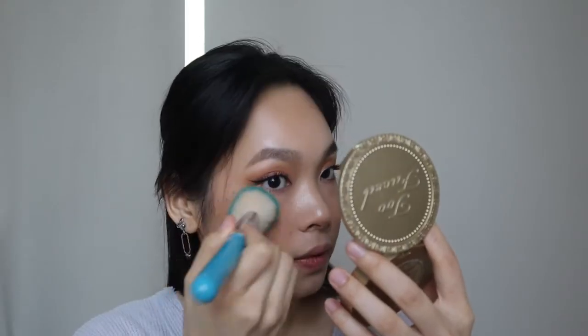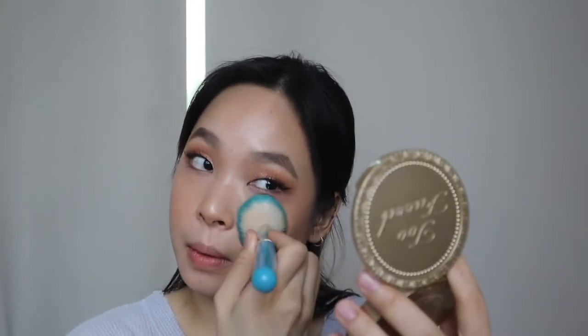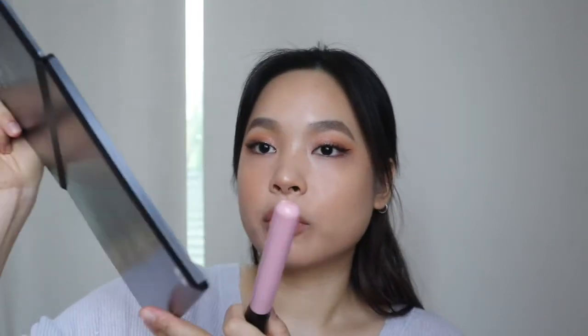And then I'm gonna grab some translucent powder. Mine's from Laura Mercier. That's the translucent powder that everyone knows of. And I'm just... I grabbed a brown shade from my Morphe 3501 palette because I've run out of bronzer. I'm just gonna...